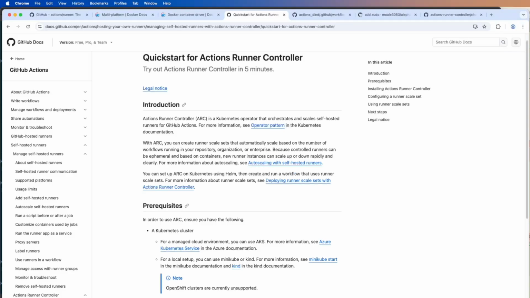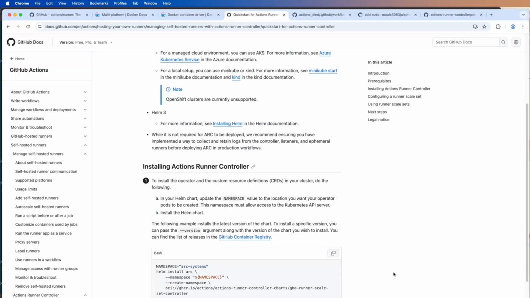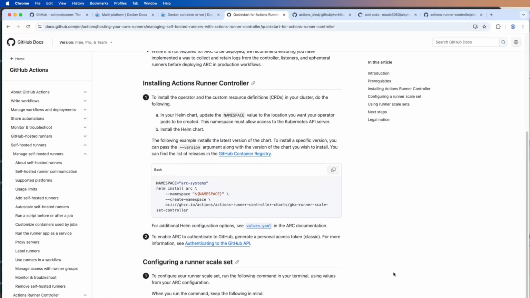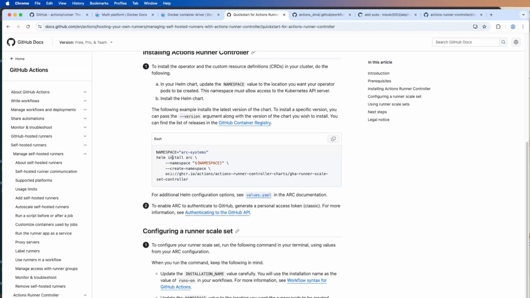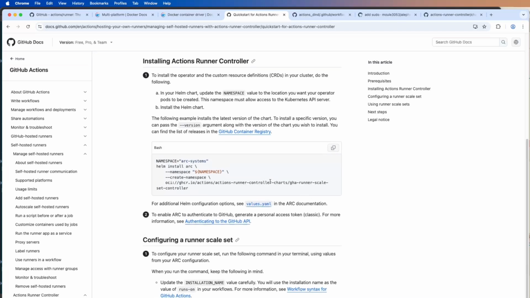Now let's go back to the GitHub Actions Runner Controller GitHub page. One thing to explain here is this controller has two parts. The first part is the Actions Runner Controller operator. That's the one that we are going to install first in the arc-systems namespace. After that, we're going to deploy the GHA runner scale set operator in another namespace, arc-runners. So first, let's